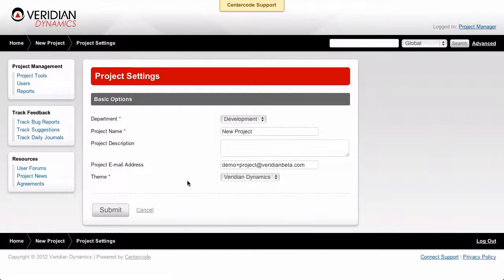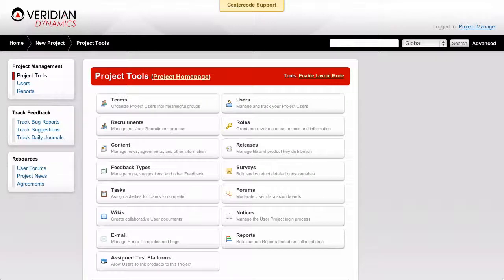Now, there are some items that we can't modify, such as the base template that this was copied from, so once this project is made, it is a standalone and existing item. We can change the theme with the drop-down menu. We can even change the department that this project is a part of. You can change the project name or any of the fields here. When you're done, submit. So that basically covers the creating of a new project and the configuring of your basic